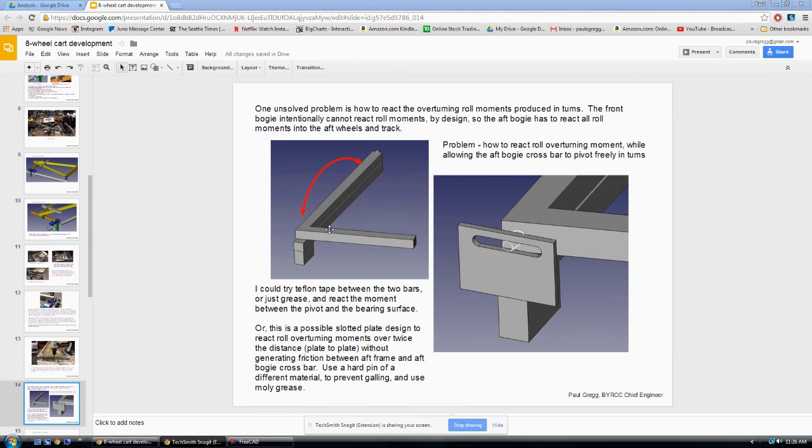One problem was that the front wheels can have roll degree of freedom. And so somehow the overturning roll moments of your whole body and the whole cart are going to have to be reacted into the track some way, and that's got to happen at the back wheels. And so it's a real problem in that I have to have a bogie that can spin in the yaw axis